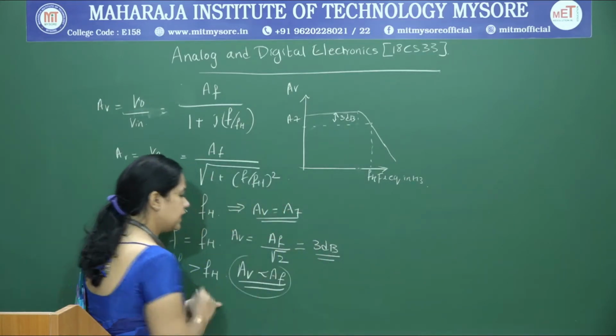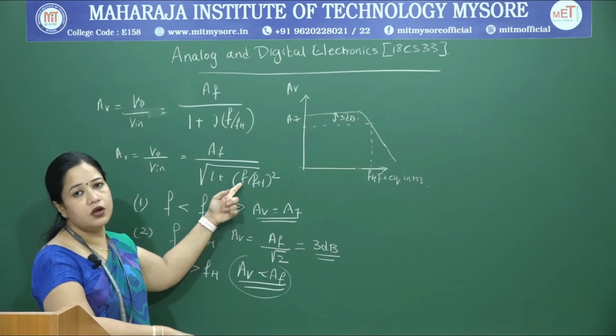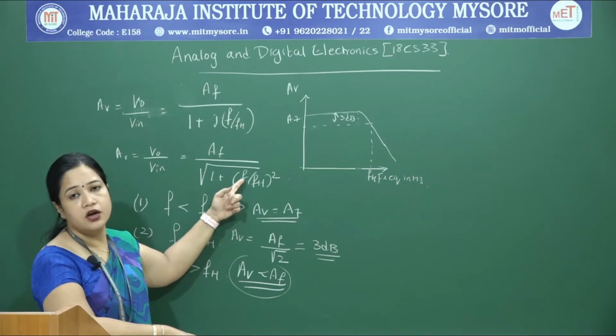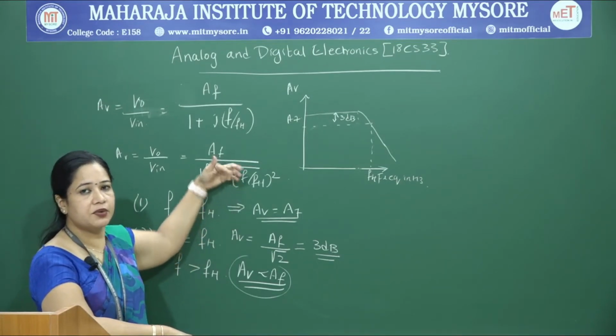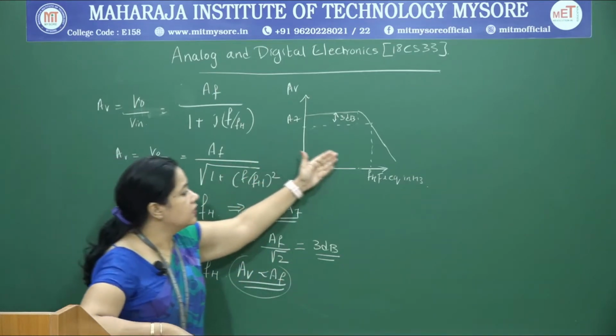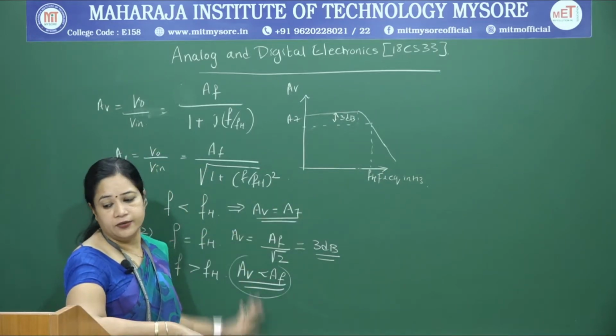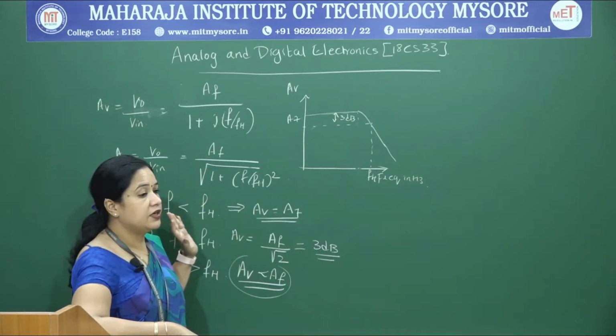You notice it is deteriorating as a function of frequency. You increase the frequency, the attenuation is more. As a result, all frequencies beyond the cutoff frequency get attenuated. This is how your low pass filter works.